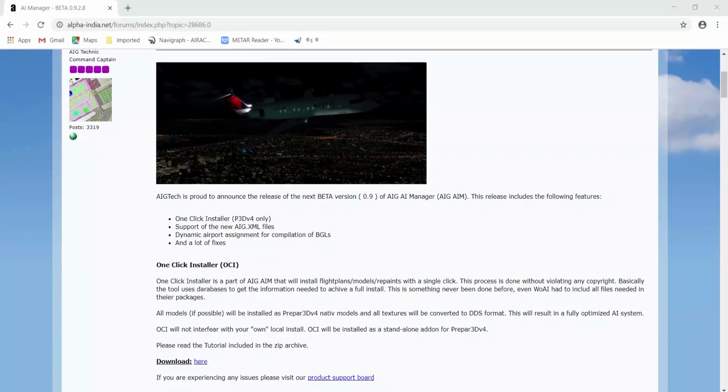from my end, and today we are going to do a tutorial on free AI traffic, but this is a little different. You must have seen my previous tutorials where I have shown how to insert free AI traffic into your flight simulator, whether it is Prepare 3D or FSX or Flight Simulator 2004. Today I'm going to show you the updated version of the same